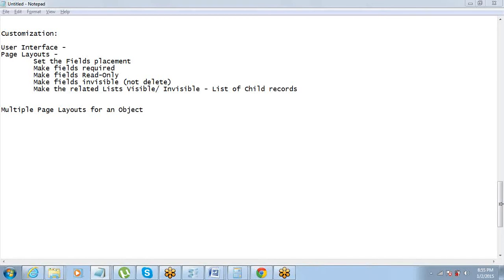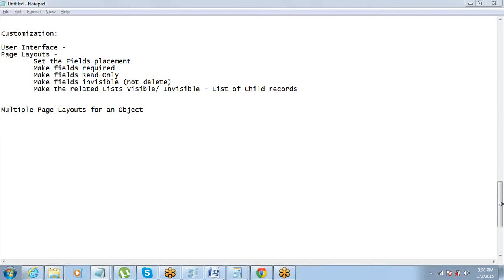Okay, so in Salesforce, you just need to keep this law of inequality in mind. Every user is not equal. There are some users who have more permissions and there are some users who have lesser permissions. There are some users who need to work on some application. There are other users who need to work on some other application, right? Everyone does not get to see the same data. Everyone does not get to see all the fields. So different page layouts are for different users or different profiles, basically. Got it? Because we have different profiles, we have different page layouts also. That's easy, simple, understandable, makes sense, right?